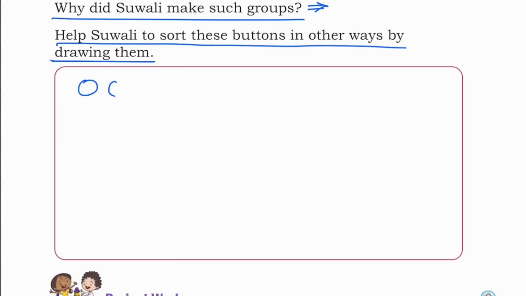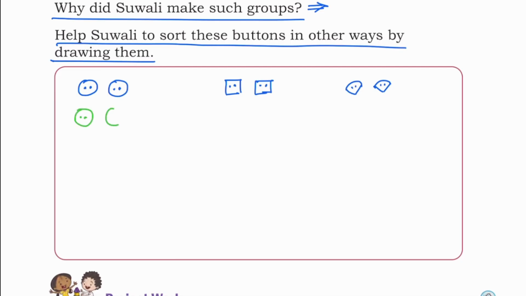Round buttons here, square or rectangular buttons here, and buttons which are neither round nor square or rectangular in shape can be placed here.